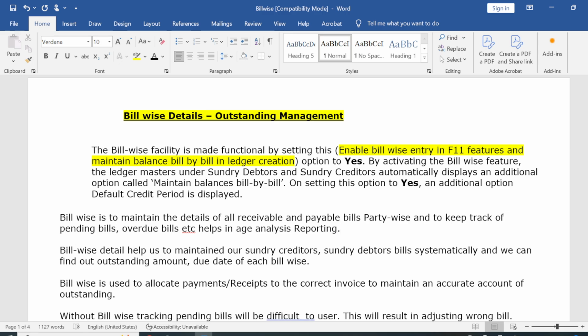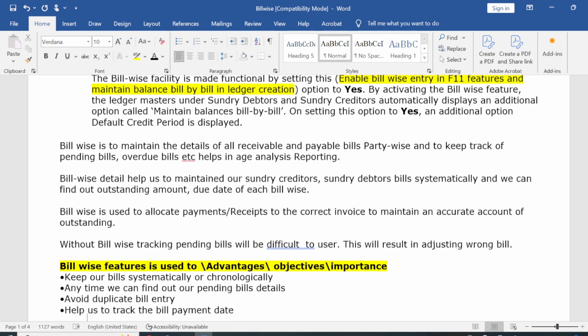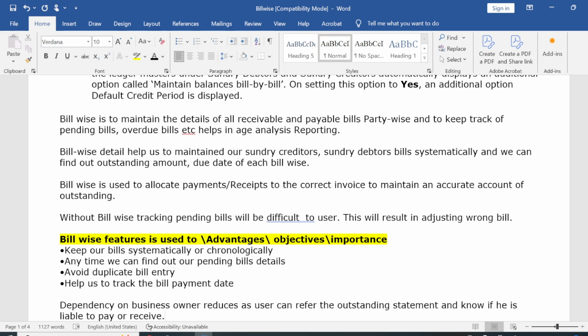Bill wise detail helps us to maintain our sundry creditor and sundry debtor bills systematically, and we can find out the outstanding amount and due date of each bill. Bill wise is used to allocate the payment and receipt against the correct invoice or bill, to maintain the